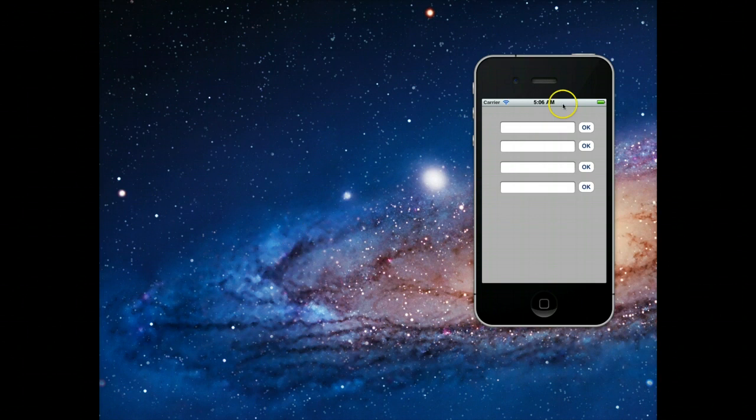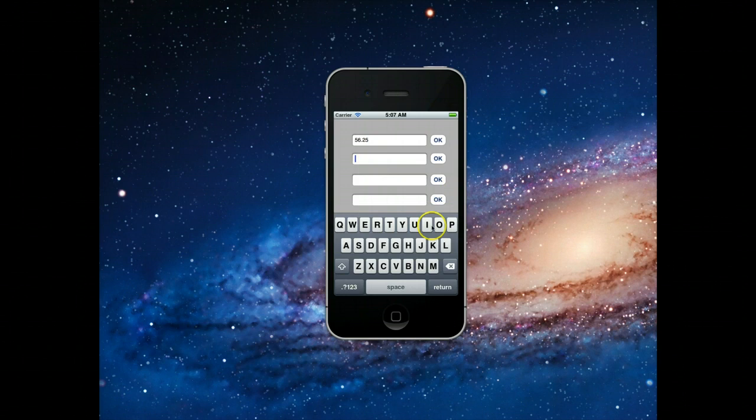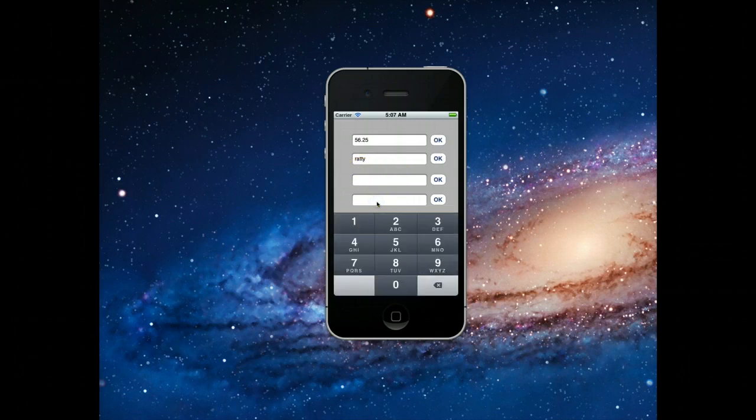So I've created a sample application and I've got it up on our simulator, and you'll notice that it has 4 UI text fields. Now when I tap into the first UI text field, I get a decimal keyboard, so that allows me to enter decimal values, or floating point values, whatever you want to call them. The second keyboard is actually the standard keyboard, and I can just enter standard stuff. And the third keyboard is what we call the email keyboard, where I've got this @ sign where I could actually enter an email address. And then the fourth one is just what we call a number pad, so it just allows you to enter